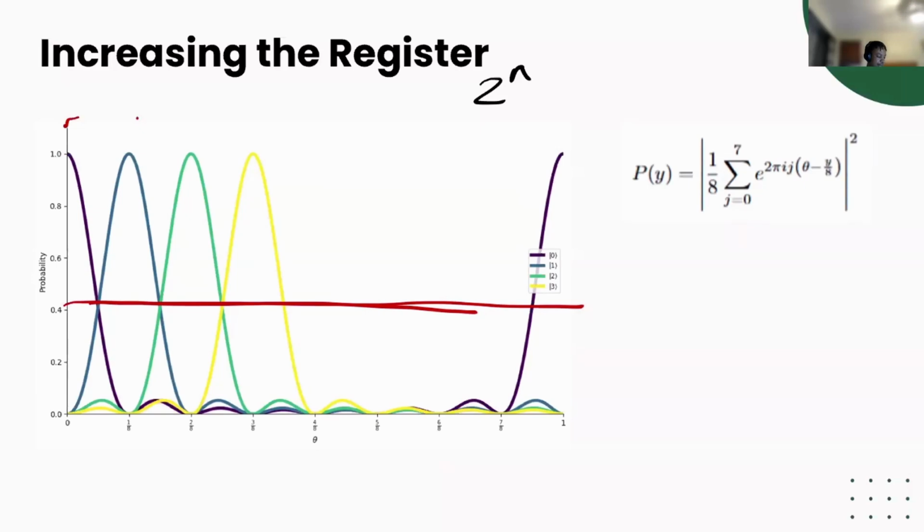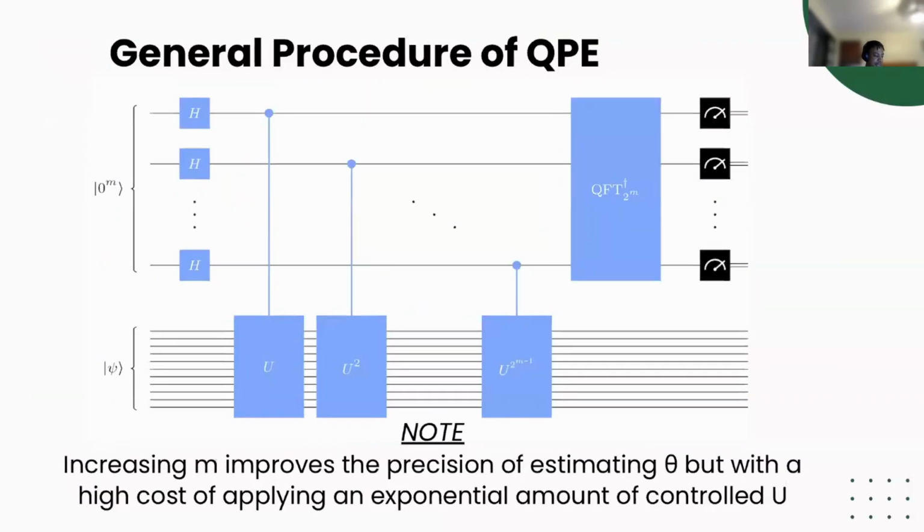Now that we know that, we can see what happens when we generalize this to the actual phase estimation algorithm. We know all the pieces to the puzzle at this point, so it's just a matter of plugging them together. And so this is the general procedure of the phase estimation. You'll see that we follow the same idea that we did in the 1 and 2 qubit cases, where we apply a Hadamard just before applying our unitary. And so for an m qubit register, we'll apply m many Hadamards, and we'll have this value here.